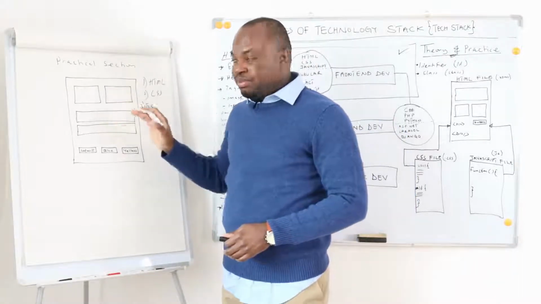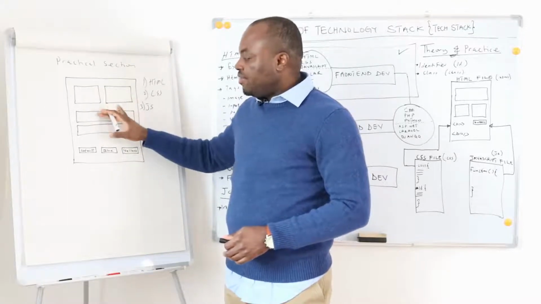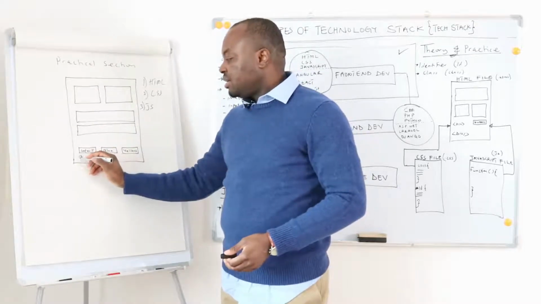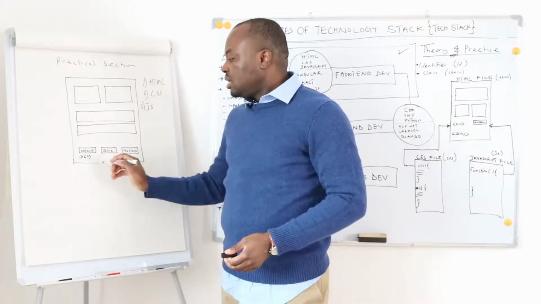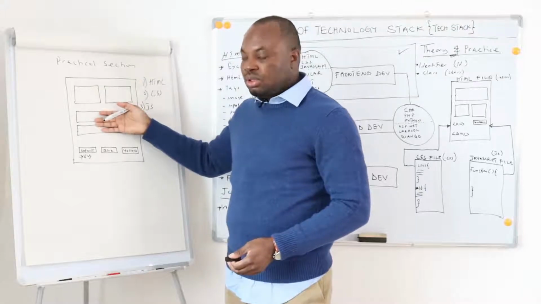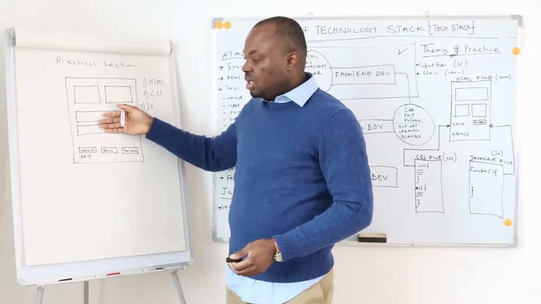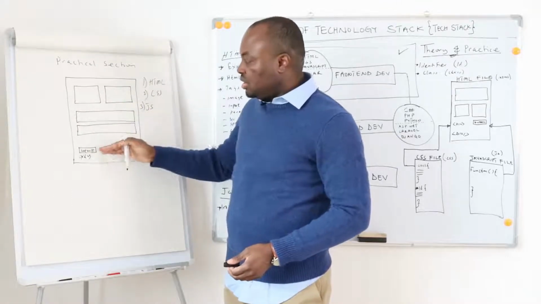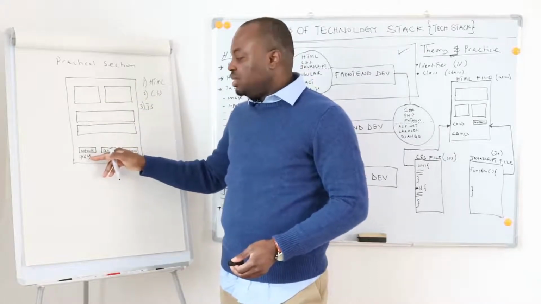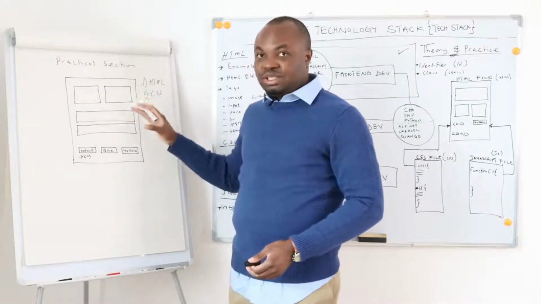So let me just give you an overview of the practical side. This is a plain HTML page. I have 4 blocks, and these blocks have a default color of, let's say, gray. But when you click on the blue color, it changes the whole of this to blue. Then if you click on yellow, it changes the color to yellow. If you click on default, it returns the color of these blocks to its initial state, which is gray. So that is what I want to use to demonstrate this front end part.